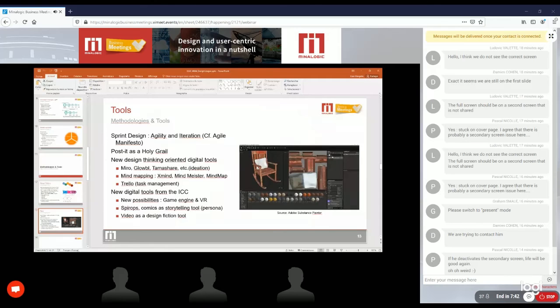Thank you. To do that, we the designers have the possibility to use some tools, and as a holy grail, the post-it makes the symbol of what design is. But I would like to make a parallel with the Agile manifesto, for people like me who were working in software development. This methodology and especially this manifesto define a lot of things we can see now in the design approach, and especially in the design thinking approach,